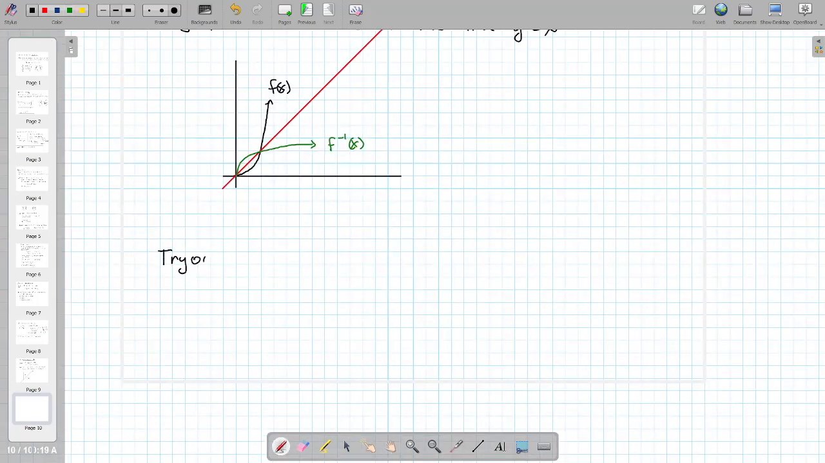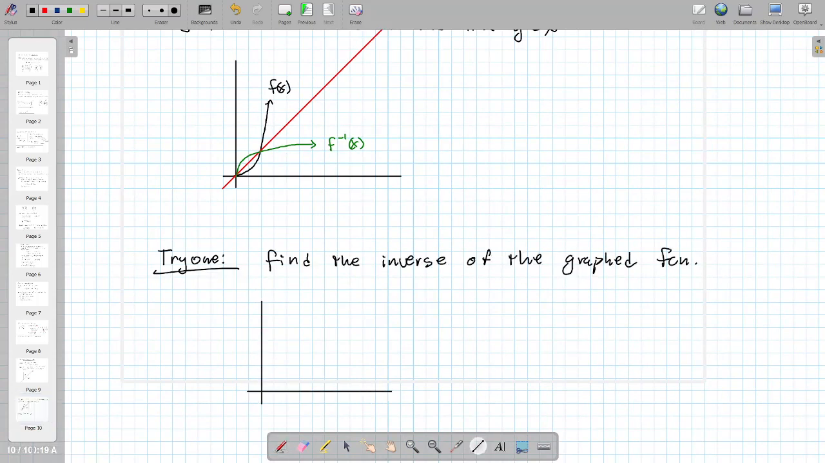I want you to try one now. Find the inverse of the graphed function. And I'll give you the line you need to reflect it about. Here. Do your best on this one. Obviously, your graph will probably not be perfect, but